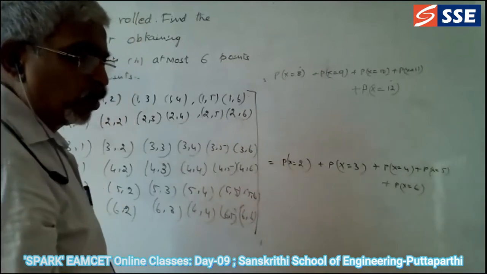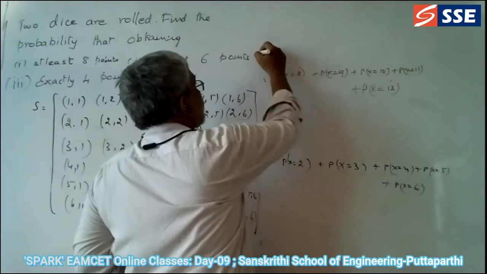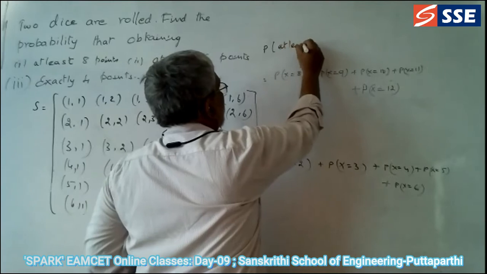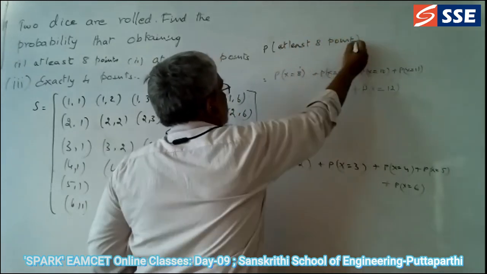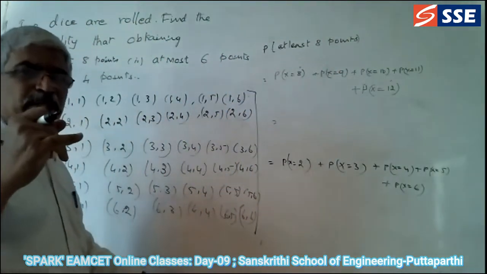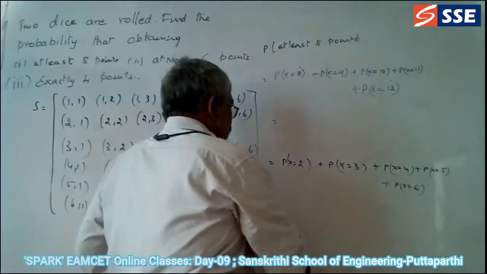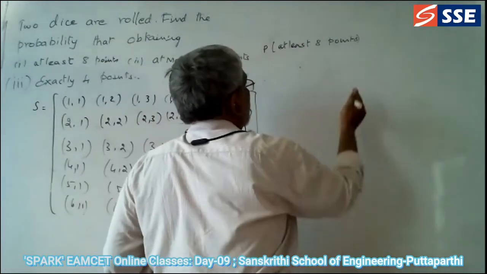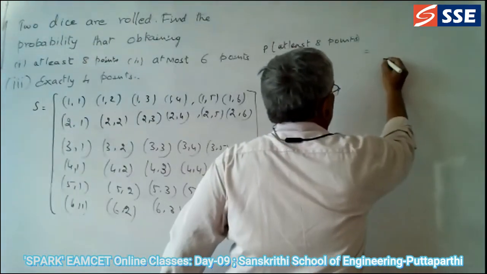So up to that one only we have to find. Total it is what? Probability of exactly 8, probability of at least 8. At least 8 points, we must have 8 points. So at least 8 points means this must be there. But what is possible? How many numbers are possible? Totally you can have the 36 count. So the possible is 36.